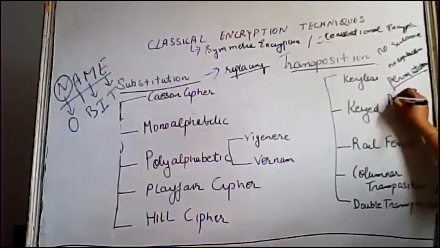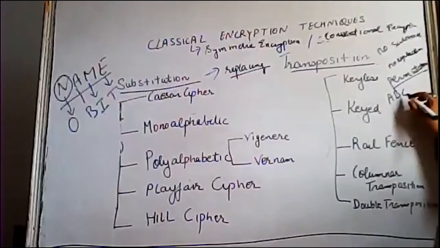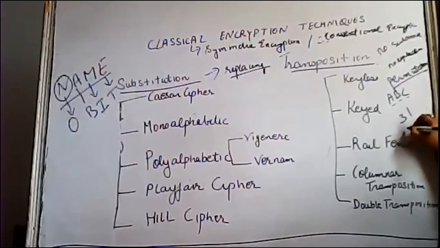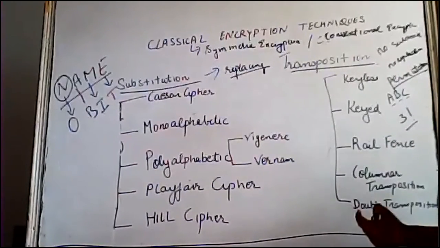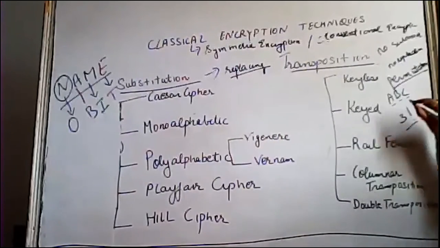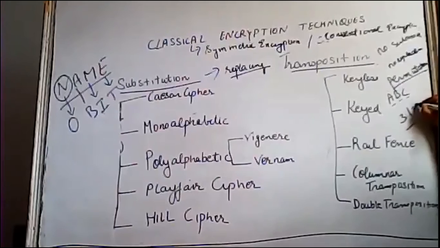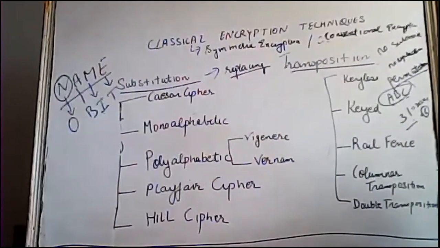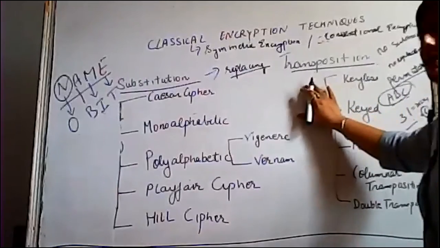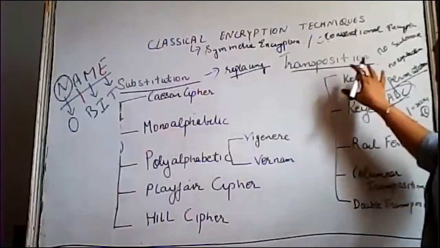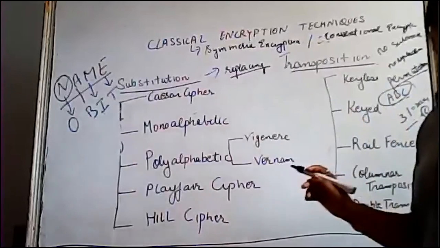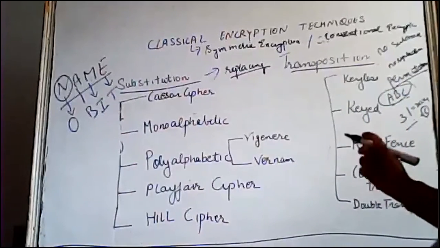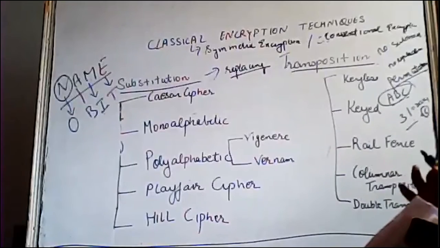Let's suppose I have a term ABC. How many letters are there? 1, 2 and 3. So 3. How many combinations could there be? When we apply a permutation technique, you get the factorial of 3, that means 3 into 2 into 1. So 6 combinations are possible for this. Is it clear? In transposition, we are using combinations of different alphabets or different key terms in that particular text.